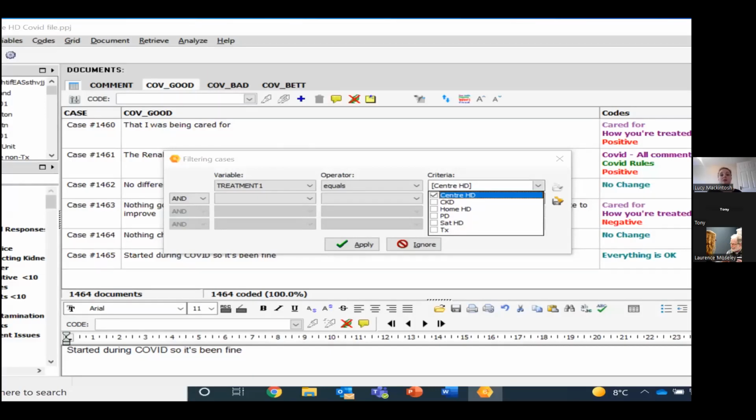The other thing is, again, with filtering. I mentioned filtering in grid method, but you can actually filter all cases too. Here we can select the variable, so we've done it by treatment, to equal a certain treatment type. For us, we had over 7,000 comments. We wanted to look at it by treatment, by age, by gender, by ethnicity, to really get to grips with what patients were saying, why they might be saying it, and to come up with some conclusions.